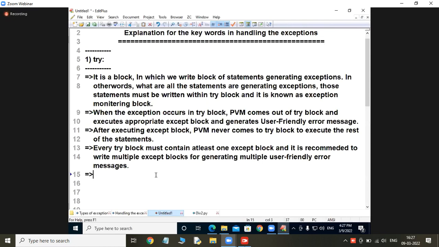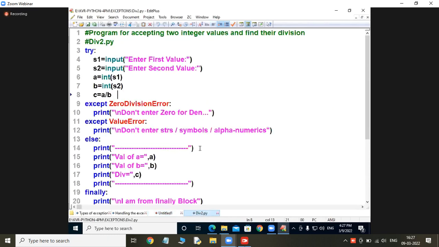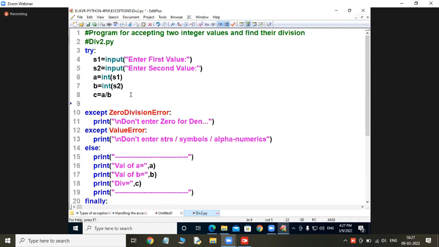Coming back to the point: after writing the try block, you wrote the except block, that is fine. But between try and except, I am writing other statements.